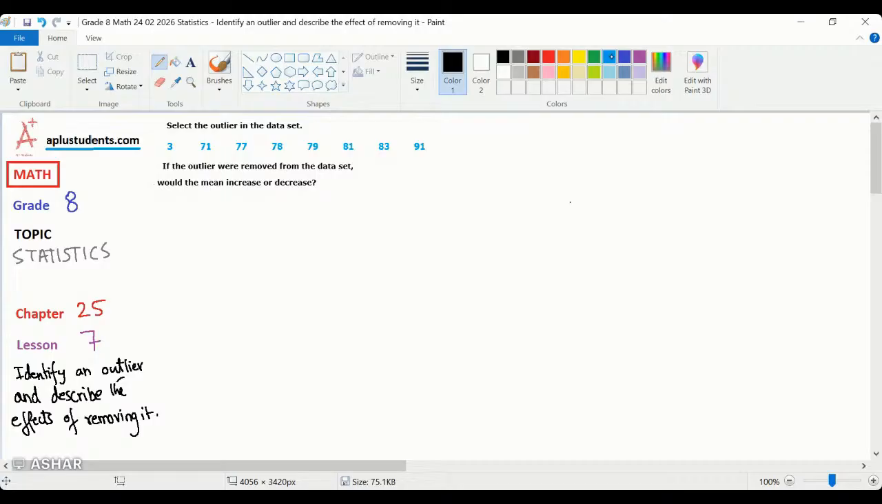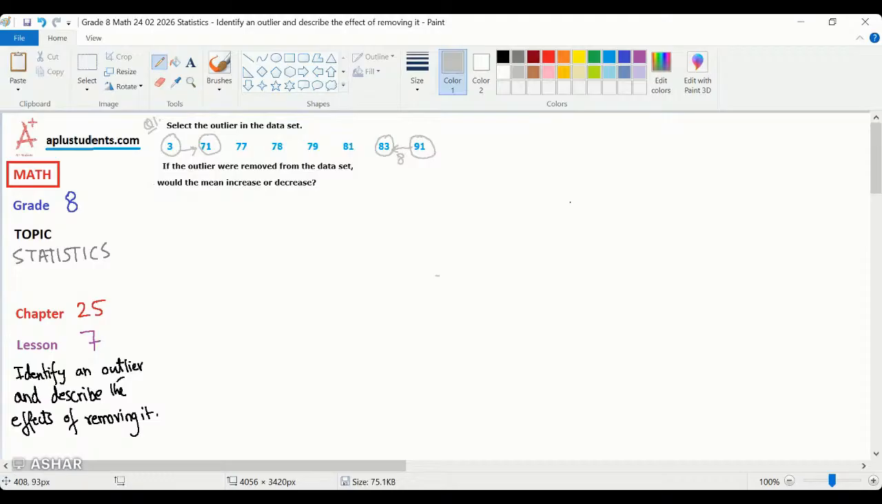In order to find the outlier, we look at the minimum number and the maximum number. In question number 1, the minimum number was 3, the maximum number was 91. The difference between the smallest two numbers was very big,